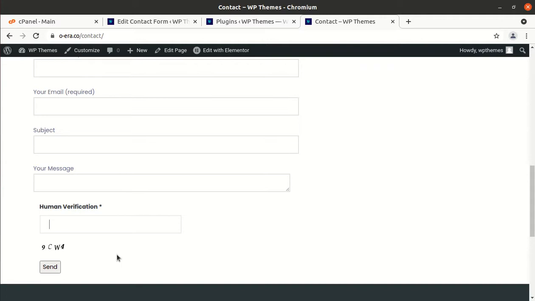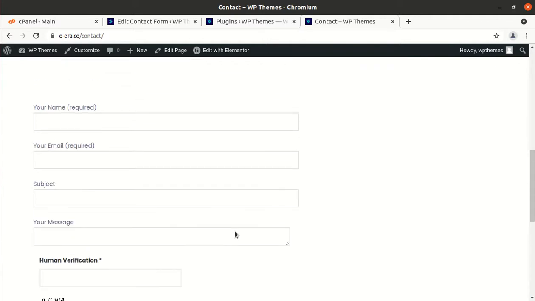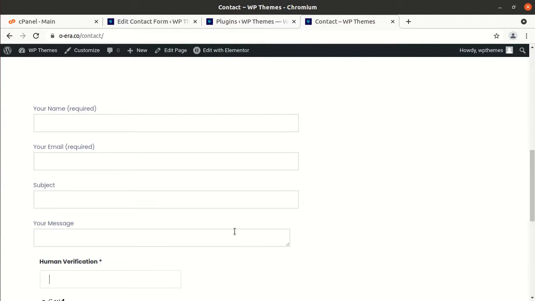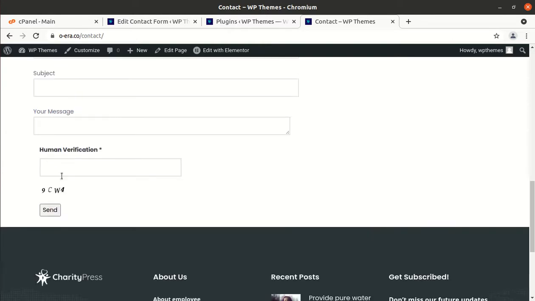So in this manner we have protected our website from spamming, and this is a very necessary thing you need to put in your Contact Form 7, because you never know, this can be the door for hackers, because you are opening the gate for putting malicious code on your website through this contact form. And if you are not using captcha or human verification options, it may be very challenging for your website security. So you are advised to use this captcha option in contact forms.